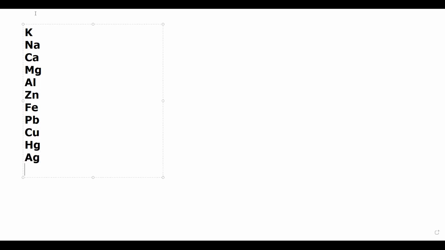Extracting the metal from their oxides, the technique which we can use. So again, you have to learn the reactivity series. According to the reactivity series, we have potassium, sodium, calcium, magnesium, aluminium, zinc, iron, lead, copper, mercury, silver, gold, and platinum. So if we want to extract the metal from their oxides,